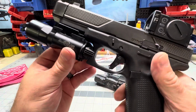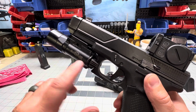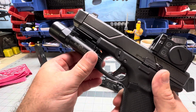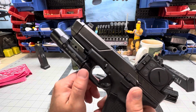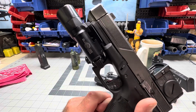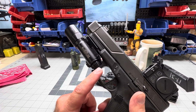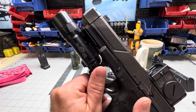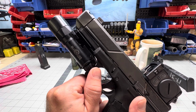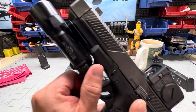Now, I did put the Filster arc switches on there because, once again, I've got short fingers, short thumbs. So I needed something a little extra than them little bitty nubs that Surefire ships it with. At first I had the longest ones on there, and I had to take it off because I honestly thought I was going to break it. So I went and put the mediums on, and it still